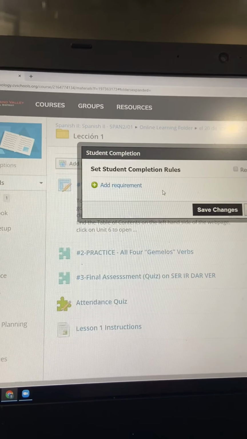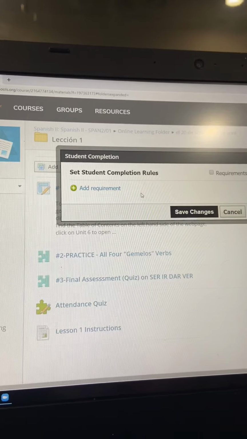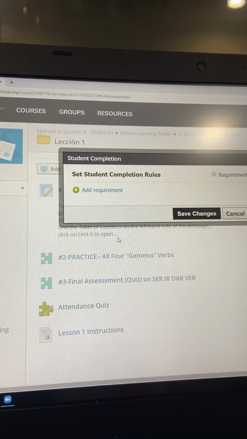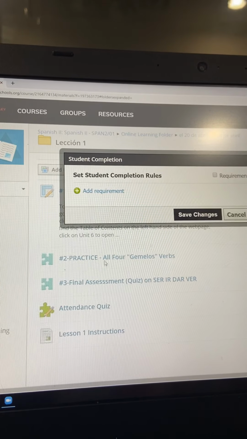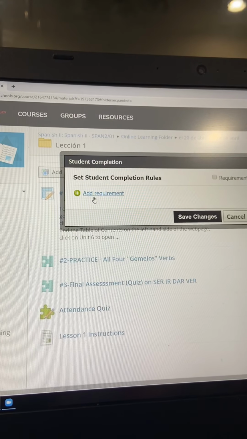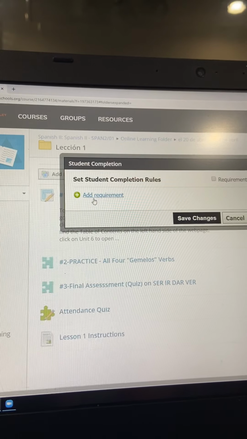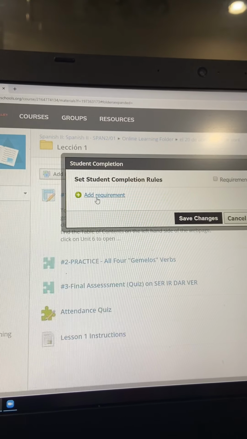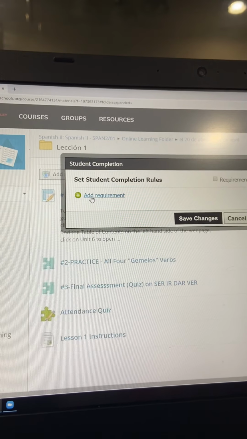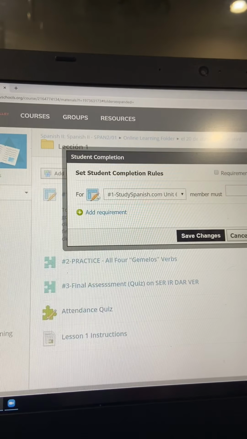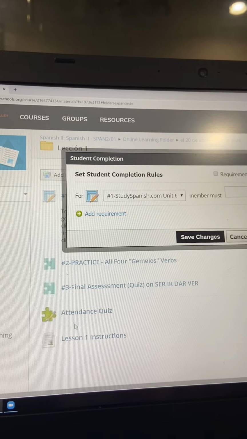And then it will come up with this little window here where it asks you to add requirements. The requirements are anything in that folder. You can decide whether or not it is worth a completion grade. Now, it's not going to give them a grade, but it will show the percentage of the folder done. My general rule of thumb is you need 100% completion on a folder to get the points for that week. So if I go to add requirement, it will start listing all of the things that I have in my folder,